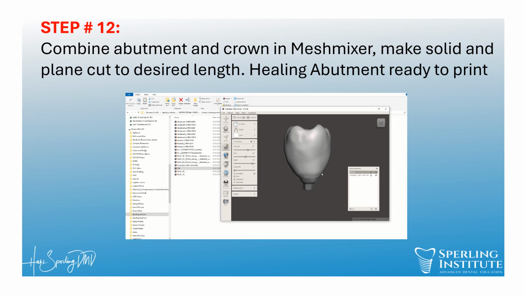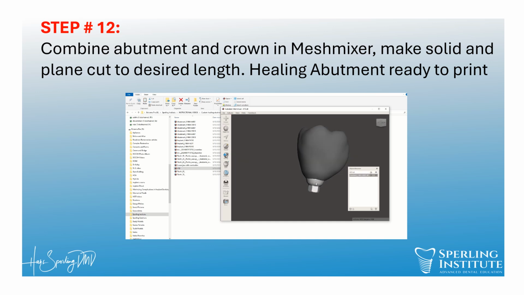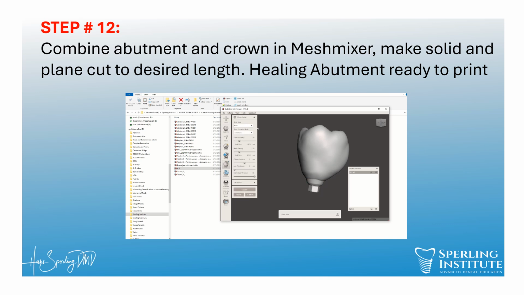But I can do this right now on my meshmixer and smooth out the connection. What I'm going to do is click on the abutment, click on the crown. I'm going to combine them, and I'm going to make them solid. So now I get accurate. I'm going to do accurate, and the solid accuracy, I'm going to move it all the way. I'm going to update